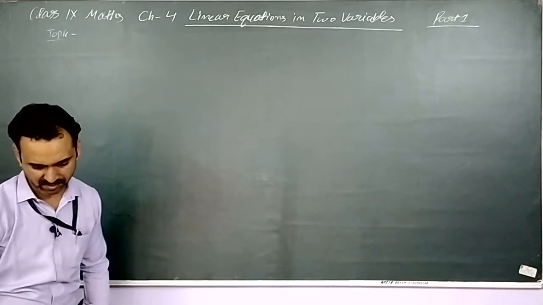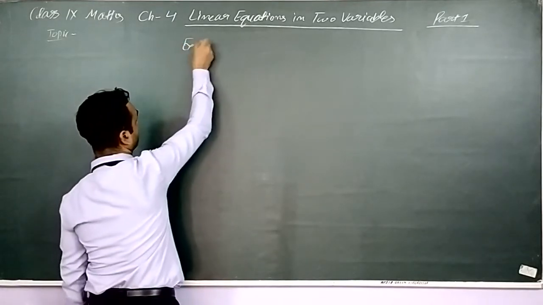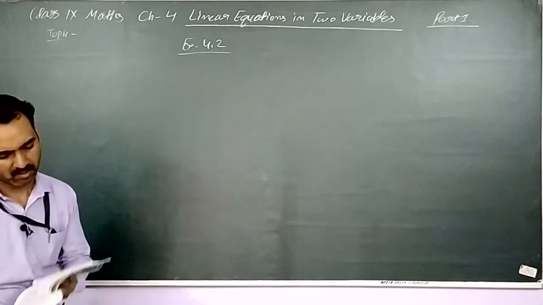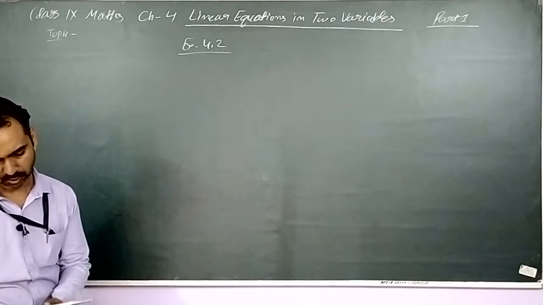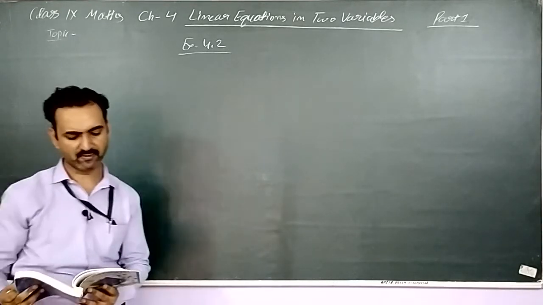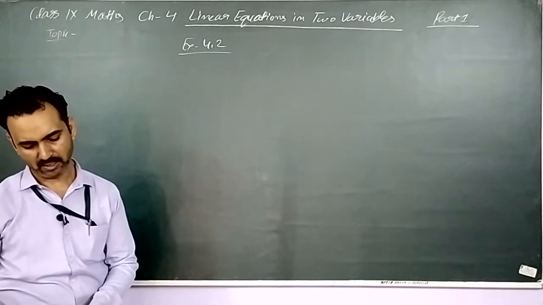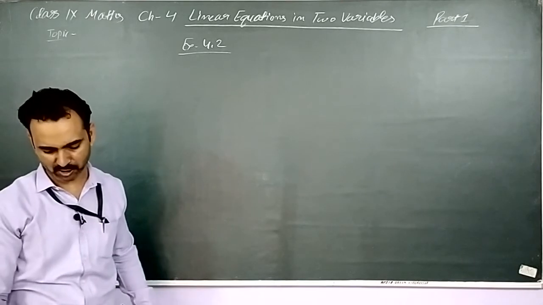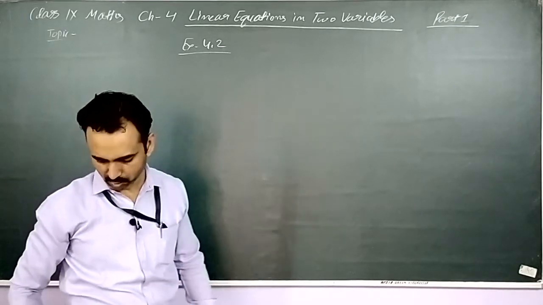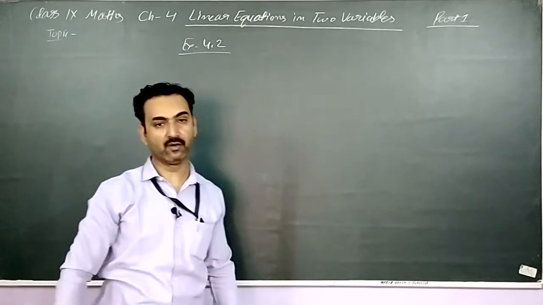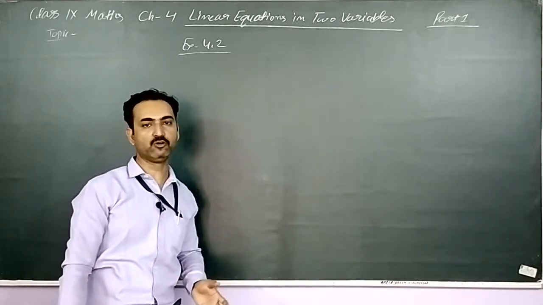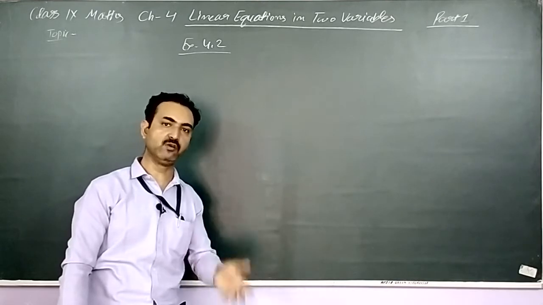There is a question of exercise 4.2. First of all, we will take some questions of 4.2. Question number 1. Which one of the following options is true and why? y equals to 3x plus 5 has a unique solution, only two solutions, infinitely many solutions. So you can see I have explained here, infinitely many solutions. Now question number 2, write 4 solutions of each of the 4 equations. As we have found one solution, you can find other solutions by putting any other value of x.